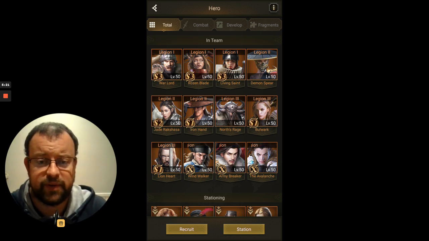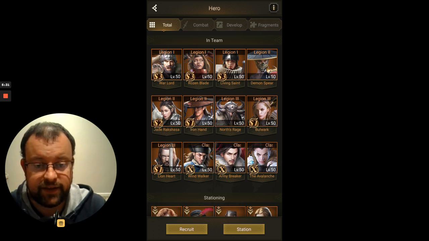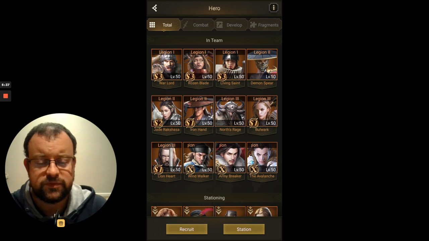I'm not spending money on super tickets. Yes, I have VIP shop, but that only gets you so much again. I focused on the SX2 banner, and I was very lucky, and that did get me Army Breaker and Avalanche maxed, absolutely perfect. But then I'm limited to what I can do each time, and I've gone after the SX